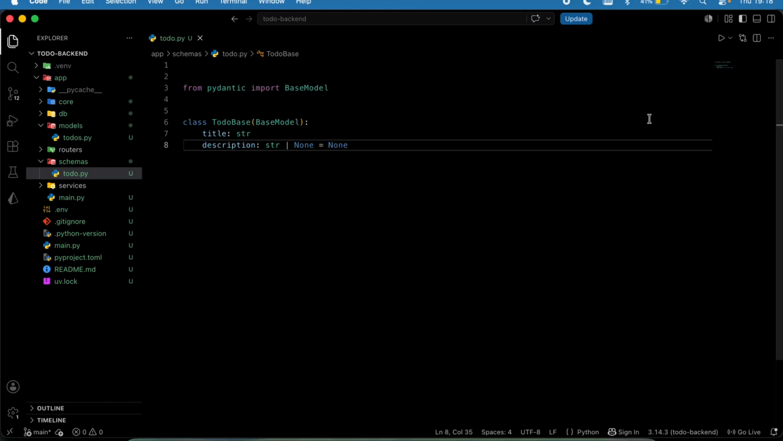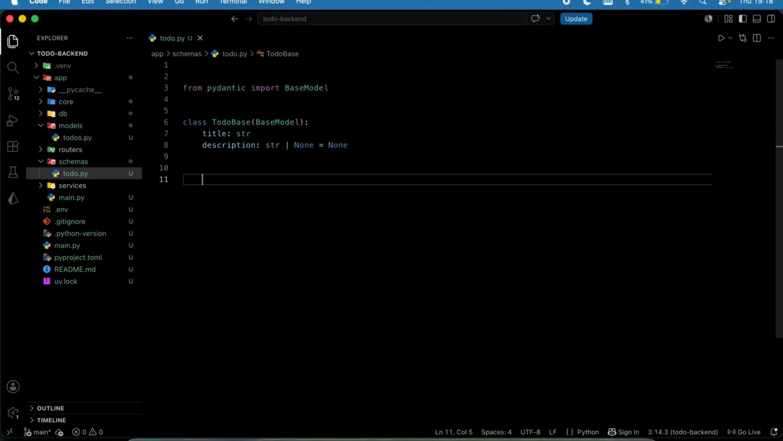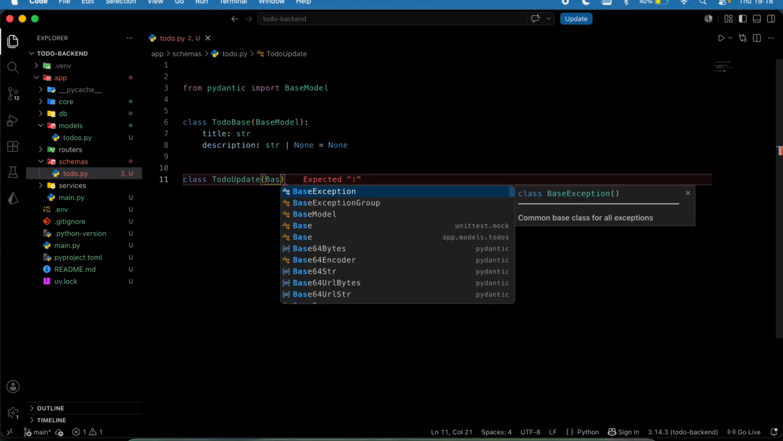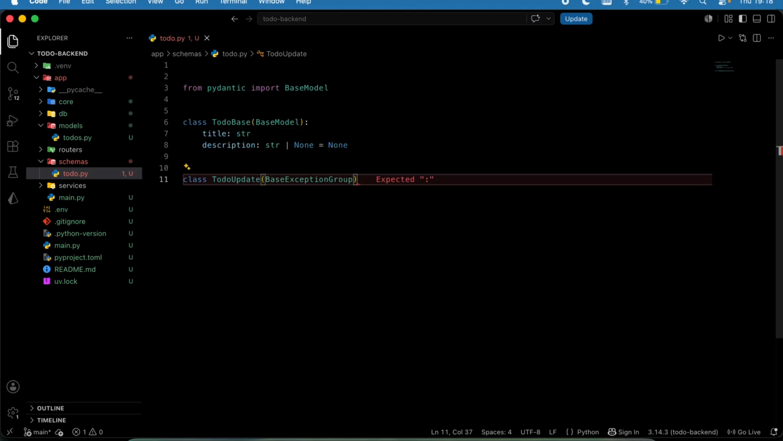Yep, so that's going to be our base. And let's also update our to-do. So that's going to be a class. If you want to update our to-do, we're going to be using this second class to collect the request, and that's going to be to-do model,